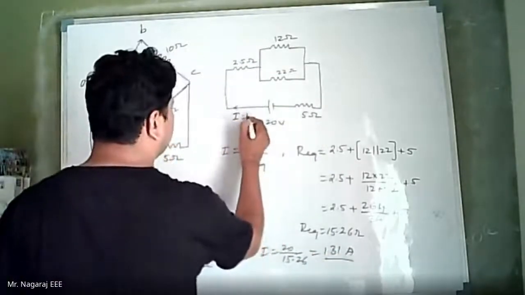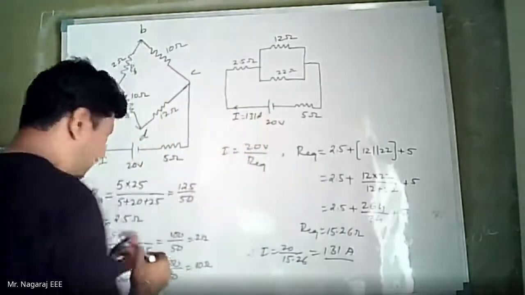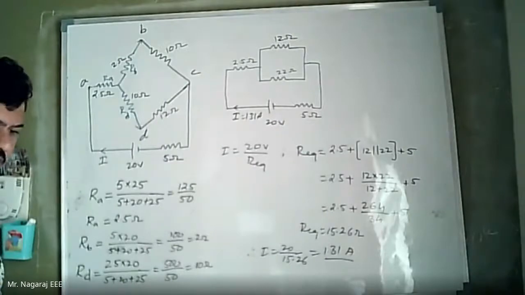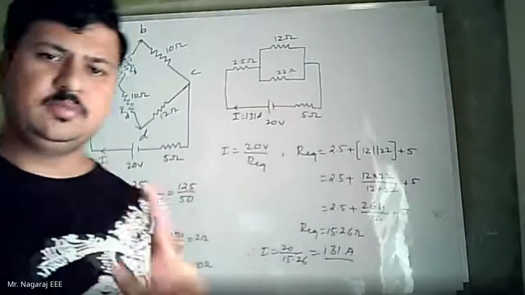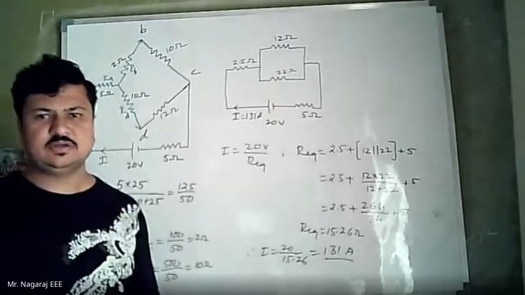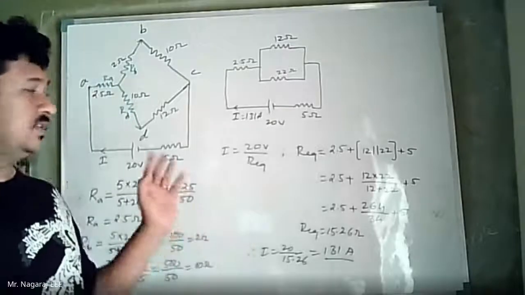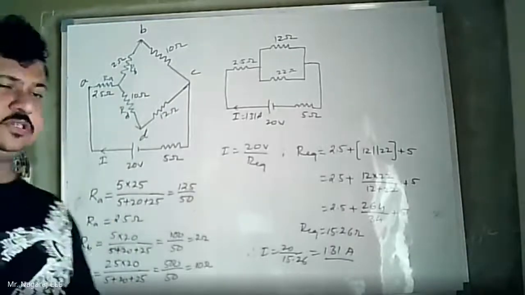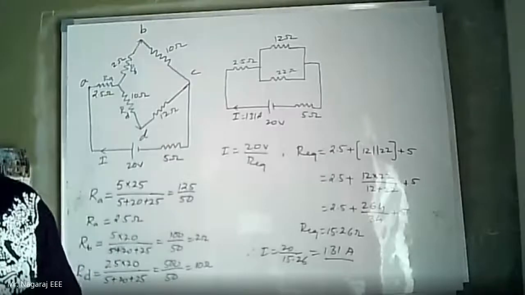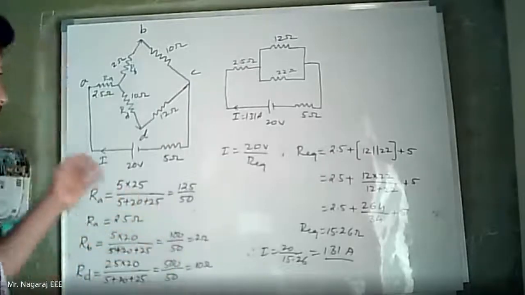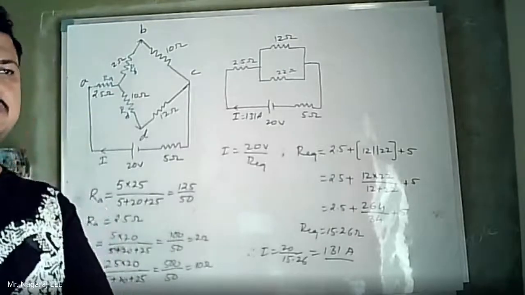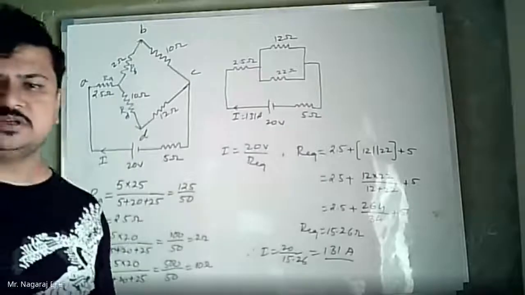So the current here is 1.31 amperes. This is the current delivered by the source. So this is all about star delta transformation. One numerical example I will solve in the next class on delta to star. We have seen star to delta. We will see one example, and we will end this transformation. Then we will go to source transformation and source shifting in the next class. Then we will move to examples on sources.